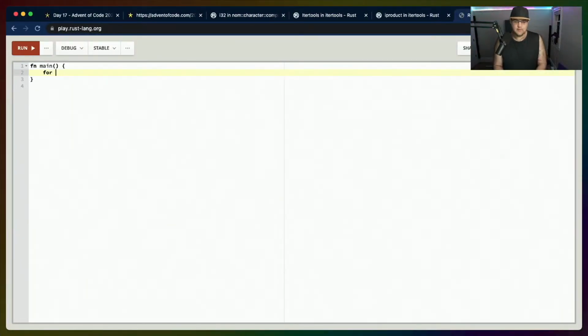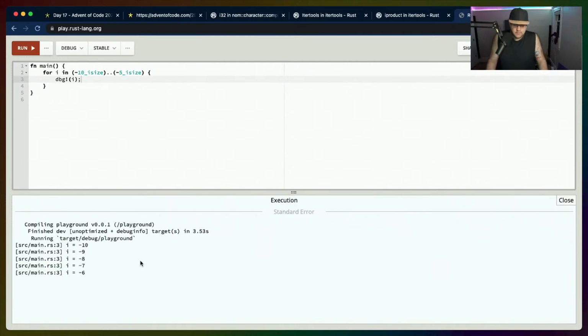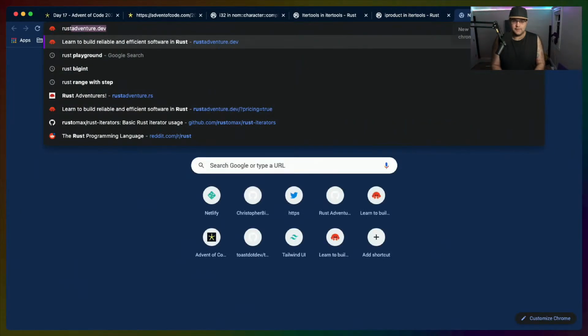So negative 10 isize dot dot negative 5 isize, right? for i in, and then debug i, and if this works, then this works, and if it doesn't work, then I don't know. We can't do ranges, and we've got to do it manually. Oh, it works. I guess we can't just go negative, right? So hang on, Rust